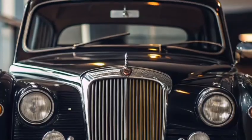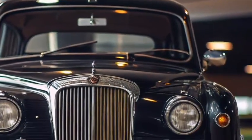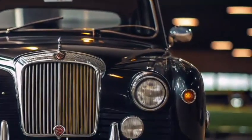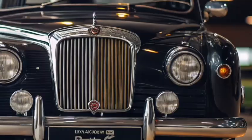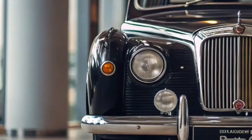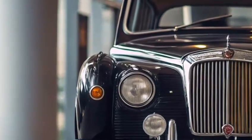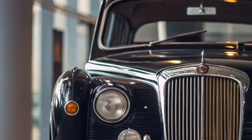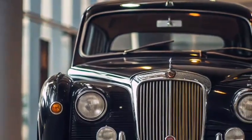Perhaps the most compelling aspect of the 1959 Rover P4 is its enduring character. It was not a car designed to follow trends but to offer timeless appeal through consistency and quality. Owners often describe it as a car that aged gracefully, one that didn't need flashy styling or roaring power to make an impression. The P4 was all about subtle prestige, perfect for professionals and families who valued reliability, comfort, and